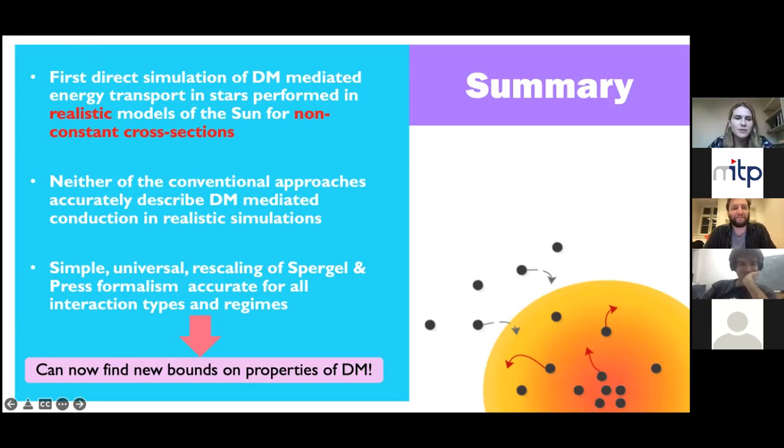Yeah, thanks Hannah for the talk. This is a super interesting work and a really great talk. So I have a couple of questions. First of all, I was wondering about the difference between the Gould-Raffelt formalism and what you're doing with the constant cross sections just in the LTE regime. As far as I understand, is the main difference just the way you're modeling the sun? Because from memory, I thought in Gould-Raffelt, they also do a Brownian motion walk when they solve their alpha. So is that the key difference for the constant cross section?